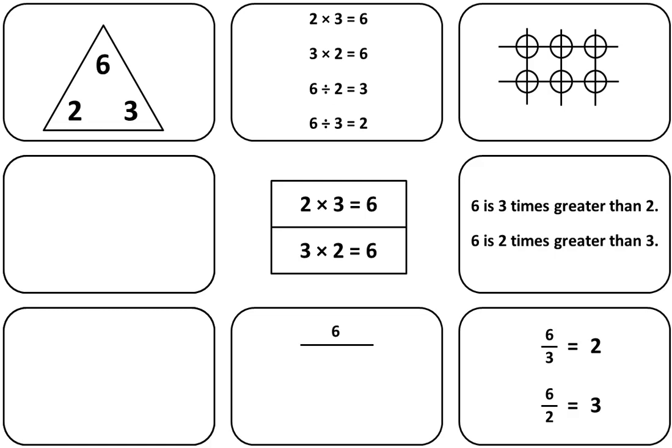In this case, it's 6, and the factors include 1 and 6, 2, and 3. Moving to the next space, students will represent 3 groups of 2. And they may notice that they could also represent 2 groups of 3 in the same fashion. And then finally,